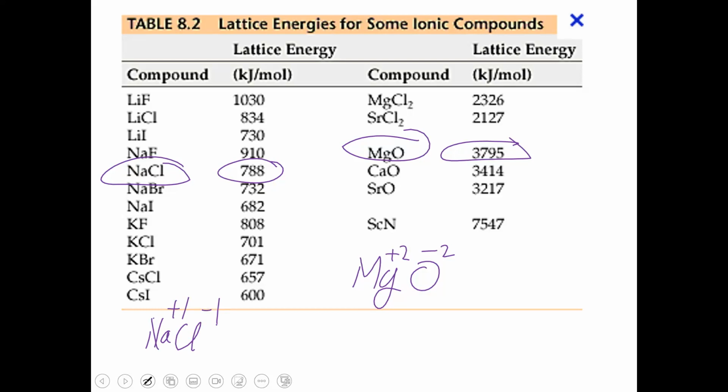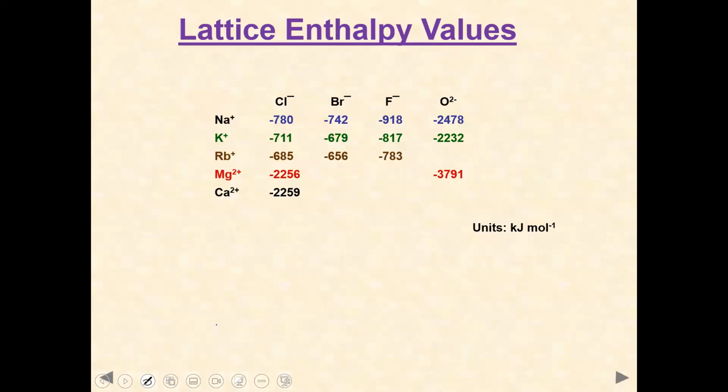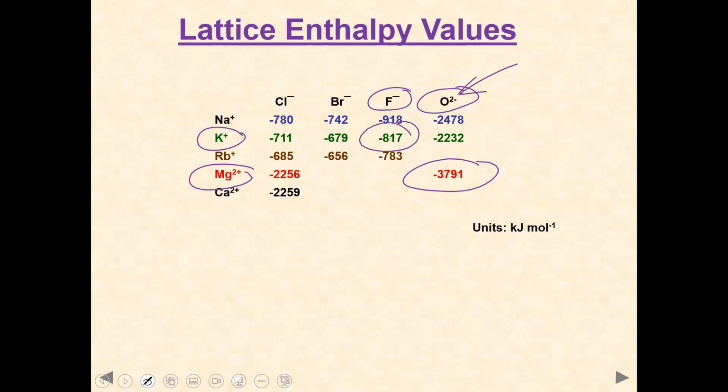So it means if the charges are higher, the enthalpy change would be greater. Look at this example. Oxygen has -2 and magnesium has +2, such a big number. But you can see fluorine -1 and potassium, so a much smaller number. So greater the charge, greater